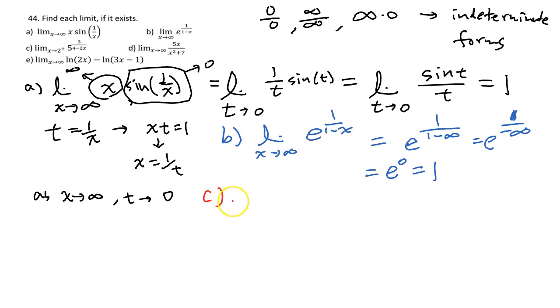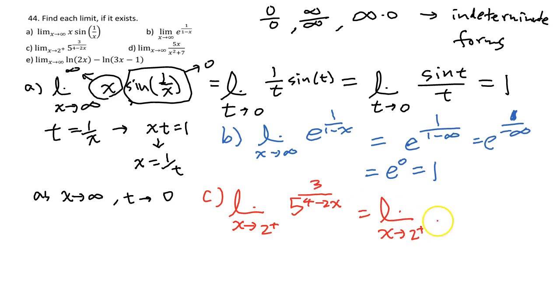Let's go to part C. Limit x going to 2 plus of 5 to the 3 over 4 minus 2x. Okay. Now, we see that 4 minus 2x can be factored like 2 times 2 minus x. All right, and then if you plug in 2 plus here, so you subtract from 2 something slightly larger than 2. 2 plus means it's slightly larger than 2. So you get a 0 minus. Right? So you end up with 5 to the 3 over 2 times 0 minus, which means you have a negative